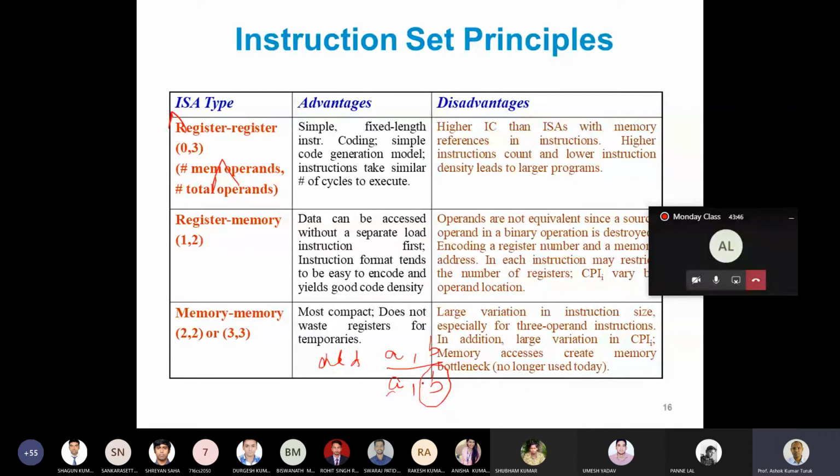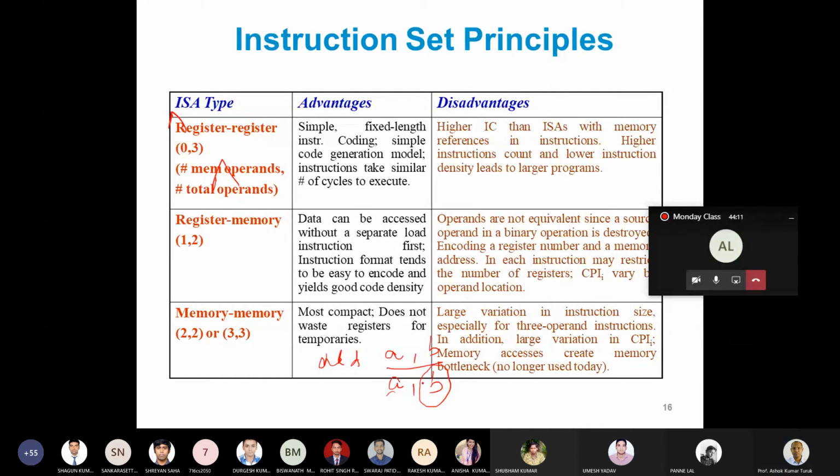Now if we have instructions of different lengths, one disadvantage is that pipelining such instructions gets difficult. It's hard to pipeline, and there is a large variation in the instruction size, especially for 3-operand instructions. In addition, a large variation in the clock cycles for instructions, and memory access creates another bottleneck.